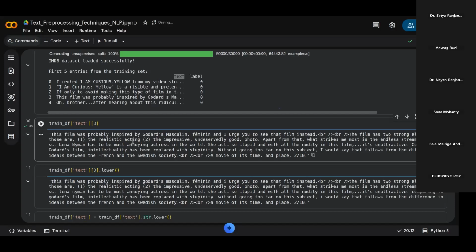That is, this film was probably inspired by Godard's Masculin, Féminin. Something is written, and you see in that text these tags are also there. Many of these symbols are there. So we'll deal with that. So first, what is our objective? Our objective is how we can convert all the text, not just this one, all the text present in that